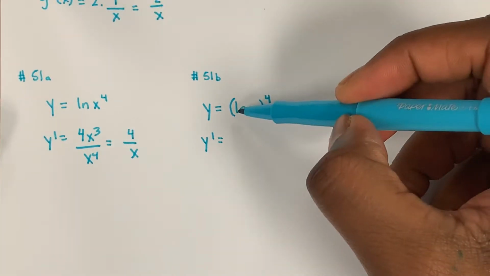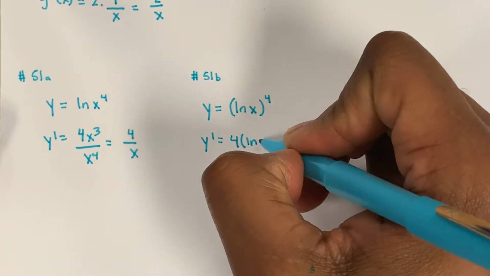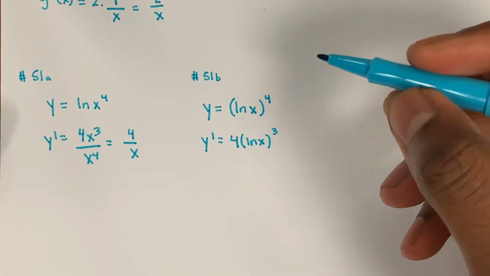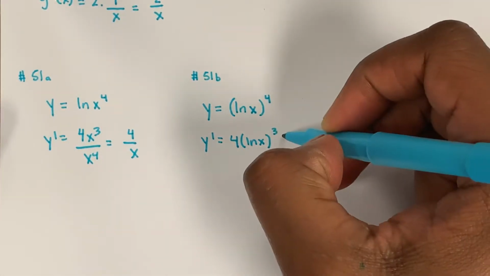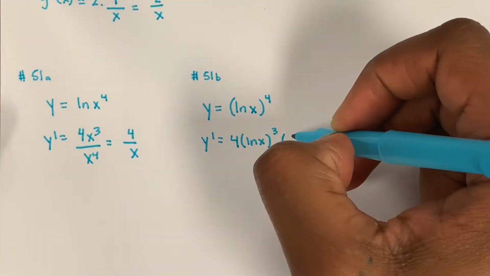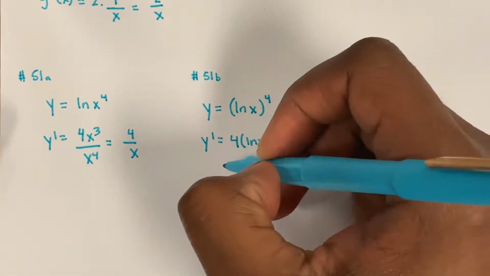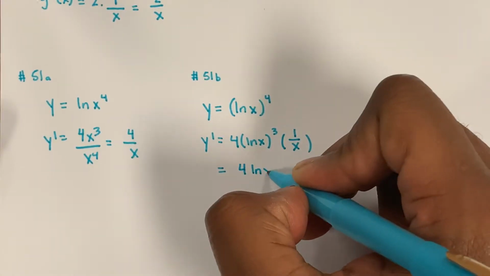The derivative of anything to the fourth power is 4 times that anything to the third power, and then the chain rule says we have to multiply by the derivative of the inside. And so the derivative of ln x, that's going to be the derivative of the input divided by the input, which gives us 4 ln x